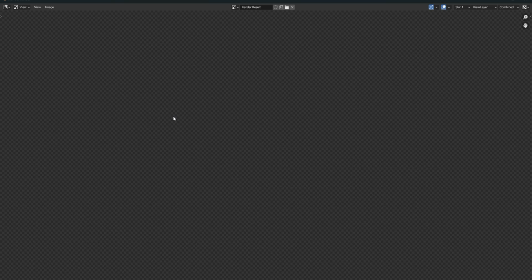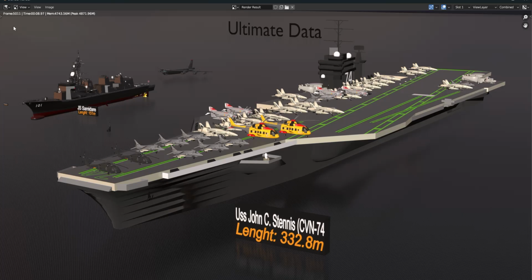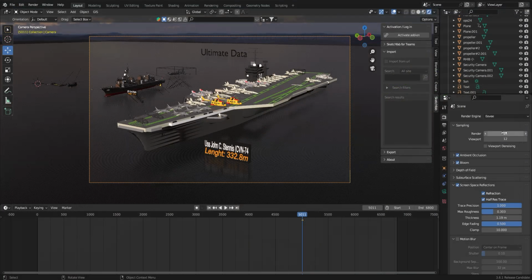Okay, so now there you can see I have rendered a frame using the normal settings, and there you can see its render time. Now I'm gonna show you how you can reduce it and make your rendering fast in Blender. So all you have to do is reduce the render number here,